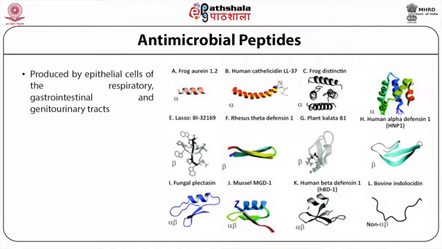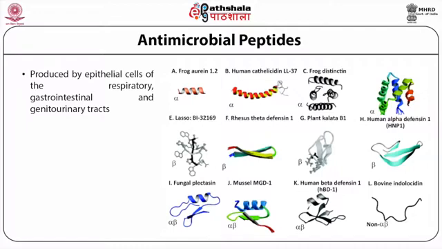What is shown here are only some examples. This is not a comprehensive list. Epithelial cells of the respiratory, gastrointestinal and genitourinary tracts produce such antimicrobial peptides. If the microbial infection breaches the barrier of the epithelial cells, it encounters phagocytic cells. One of the modus operandi of phagocytic cells during innate immune response is in fact to produce some of these